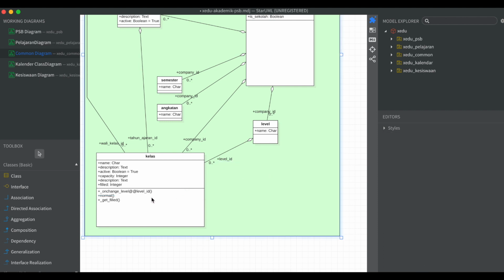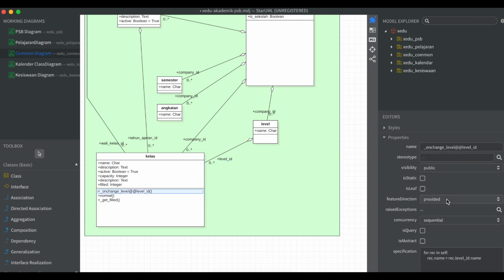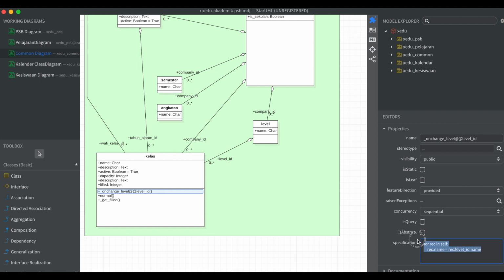All right, and then we can also define the logic for the function right here under the specification. So the function definition or function logic is something like this: for record in self, record name equals record level ID dot name, which is the name of this level. So when we generate this one,